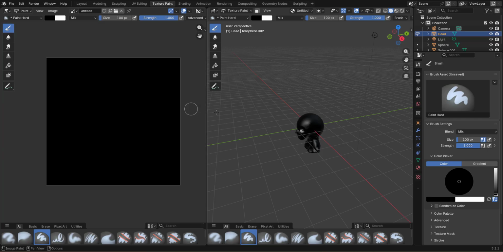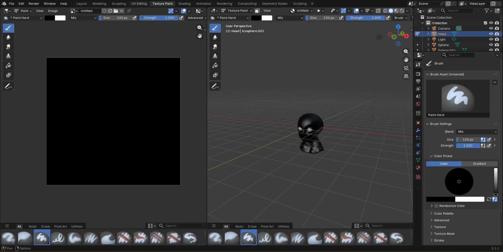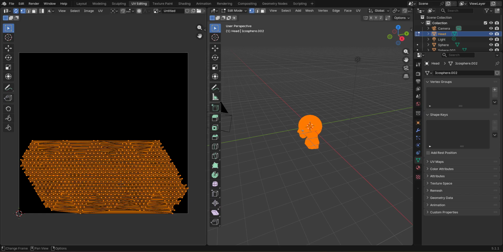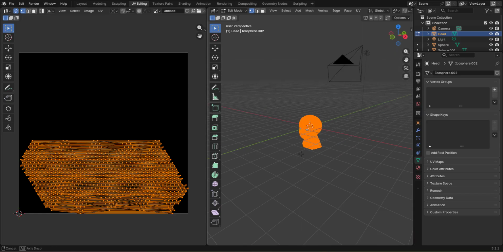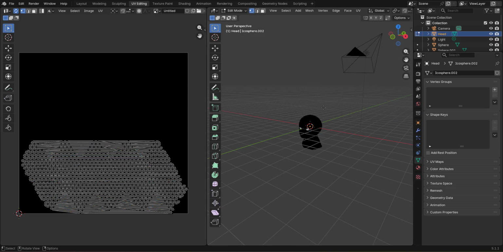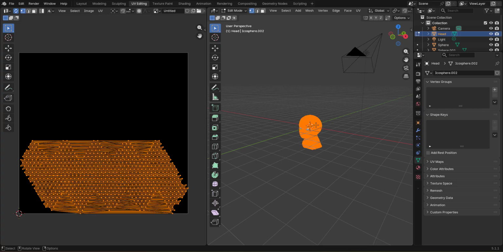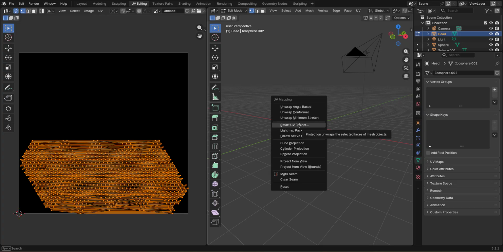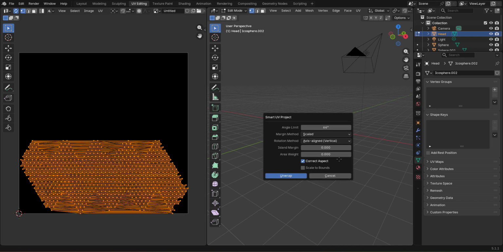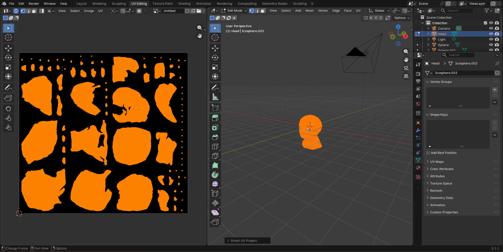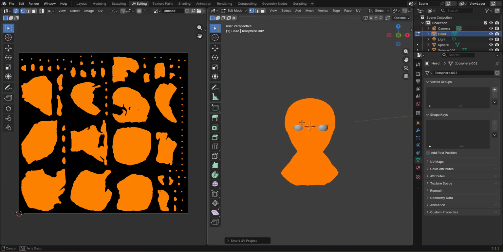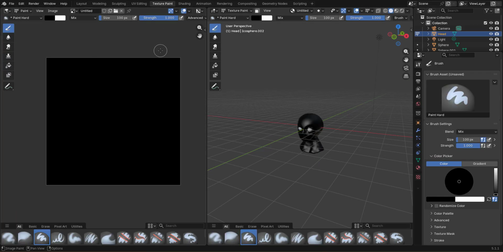We can see that there's no map over here though, so I'm going to go to UV editing, and now I can start to see kind of a crazy little map here. On the right side, I'll hit A on my keyboard to select all of it. I'll hit U to unwrap it. I'll do a Smart UV project. On this one, it probably doesn't need to have the islands, but I'll go ahead and create the islands just so you can see how it splits all these different sides into different unwrapped areas. And there's my islands. So now if I go back to texture painting,